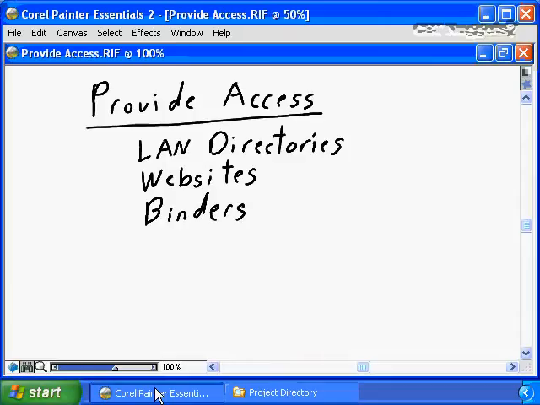As discussed earlier, I personally am a huge fan of creating project websites and providing that same information in a project website. To me, the advantage of doing it through a website as opposed to a LAN directory is that the website presents the information typically in a read-only format, i.e. HTML,